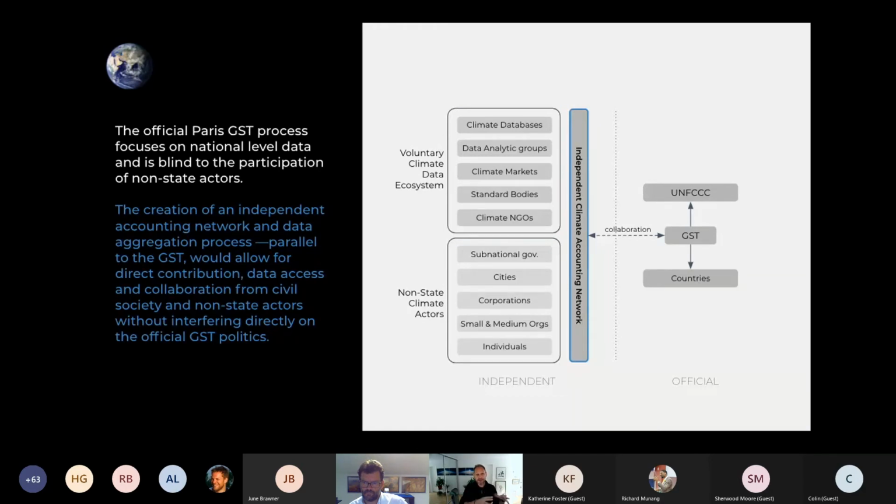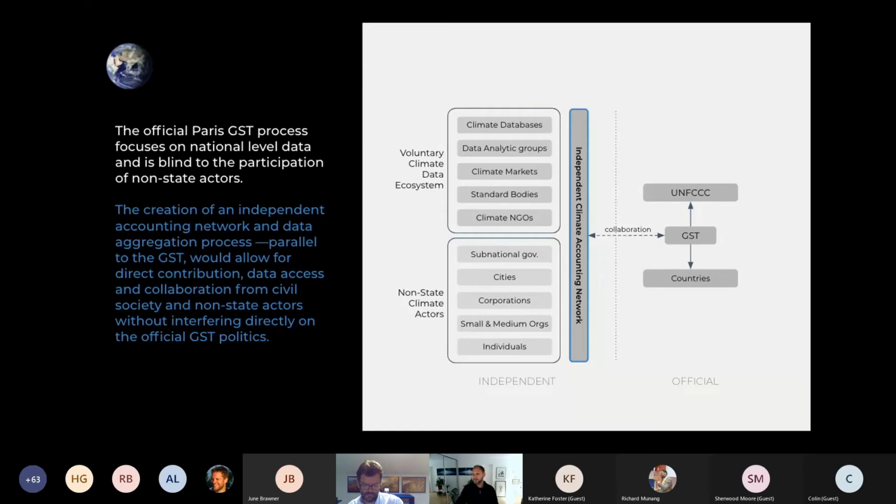So the non-state actor world has a lot of the capacity to innovate and also bring in information to the official process. A good example of this in play was probably in the lead up to the Paris Agreement, where the Climate Action Tracker did a proper assessment of the intended nationally determined contributions, that through the official process, that information and that assessment was still not put together. But it was the voluntary sort of climate data ecosystem that was able to put a lot of those analyses together. So we went into those negotiations with better tools. So that's the synergy that we can have, to not just have to pierce through the legacy system, but work